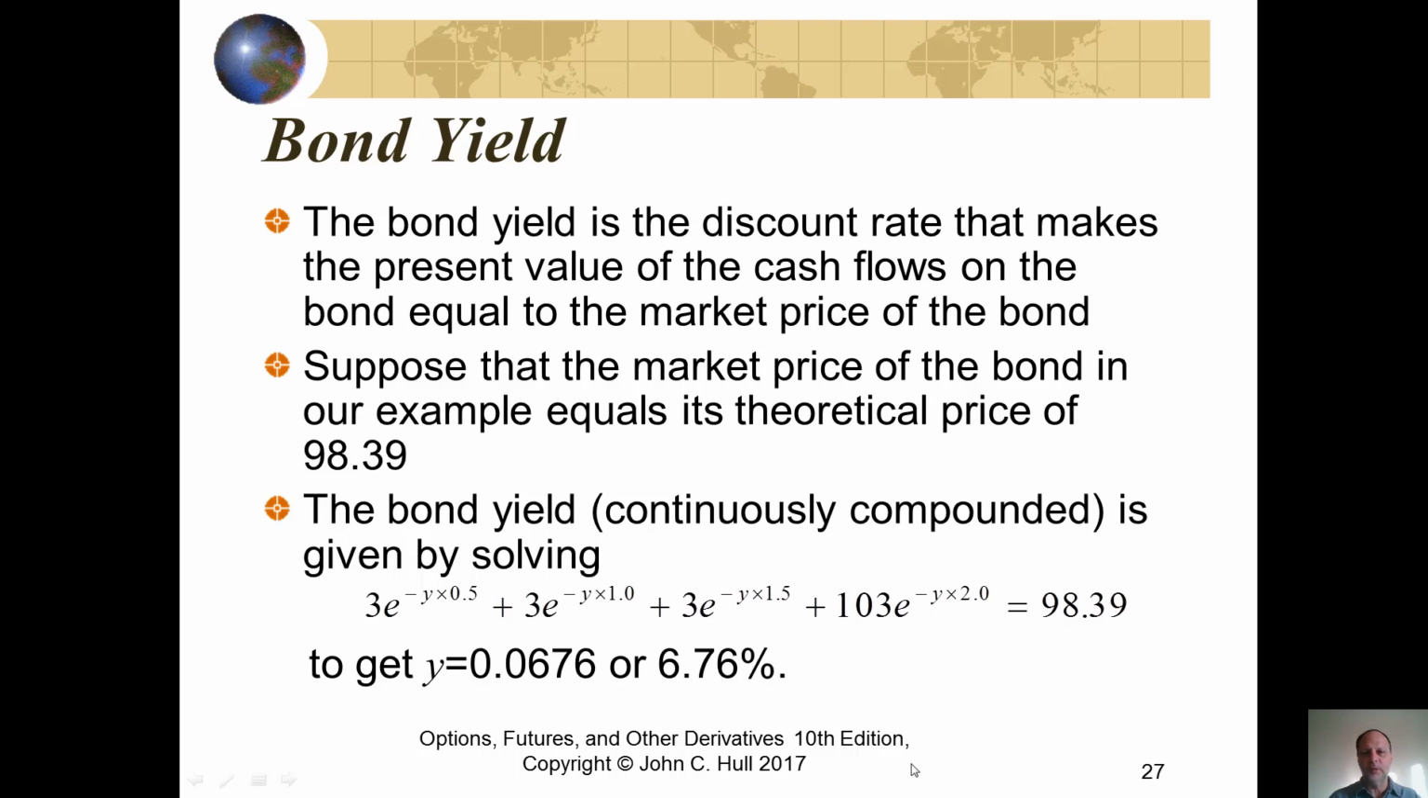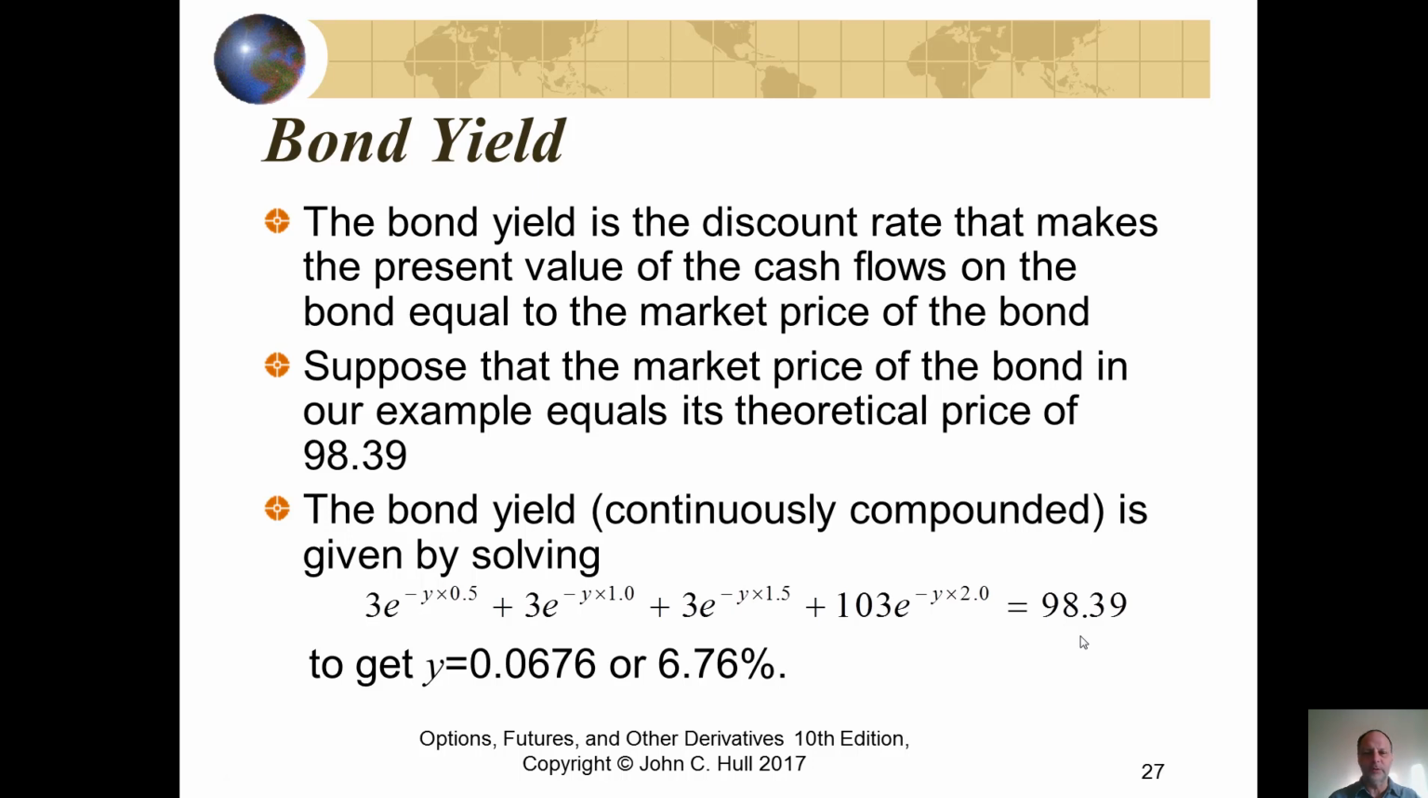So again, we have 2 years worth of payments every 6 months: 3, 3, 3, and 103. Each of these payments is discounted by the time period in which it takes place: 1/2 year, 1 year, 1.5 years, and 2 years. And the current price of our bond is